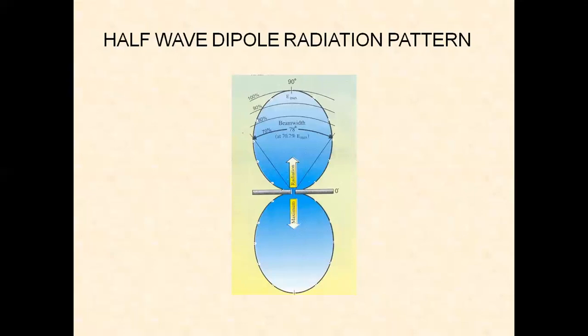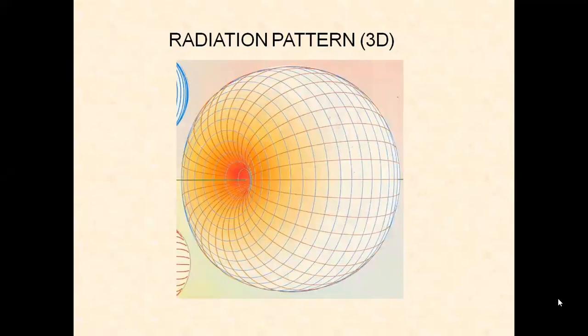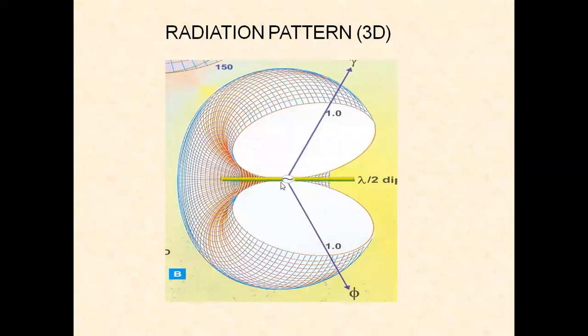Whereas for the turnstile antenna, we have two half wave dipoles, one placed horizontally and one placed vertically. So if it is a radiation pattern in 3D space, it goes in this direction, and the same figure of 8 we have in the opposite direction also. This is a dipole antenna, lambda by 2. So it is a radiation pattern shown in a 3-dimensional view.